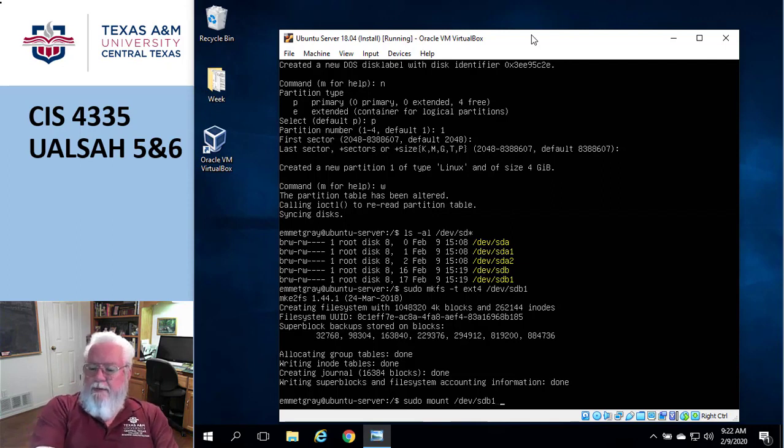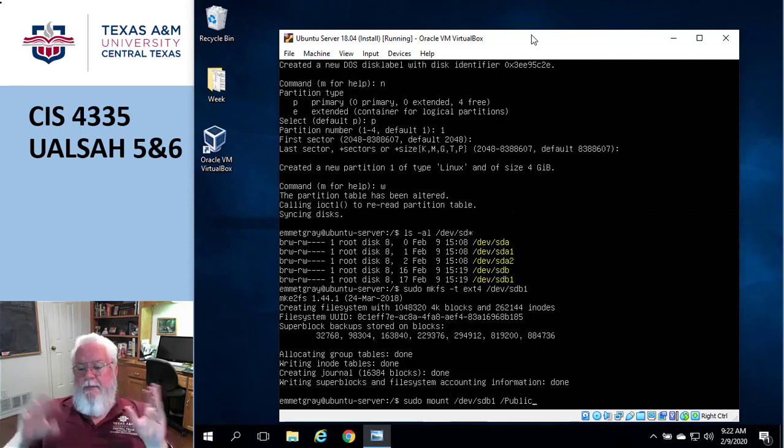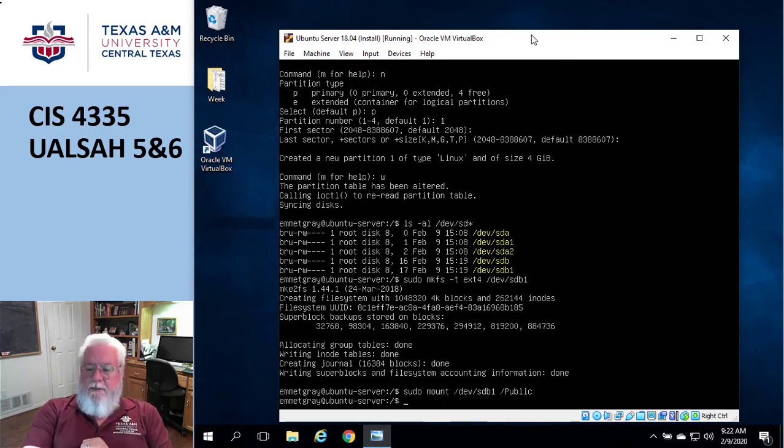And then where I want to mount it to, which in my case is public. Okay, so for the mount command, I don't have to use that -t option like we did before to tell it what the file system is, because the machine is actually smart enough. When we try to mount this disk, it's going to look at it and go, oh, I see this has got an ext on there, so we're okay with that. And so, doink. Okay, so now if I go over here and do an ls -al on public,